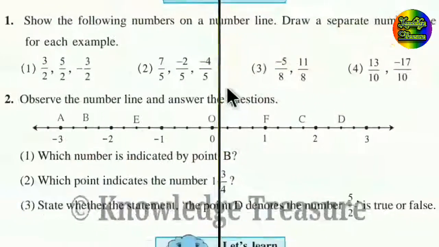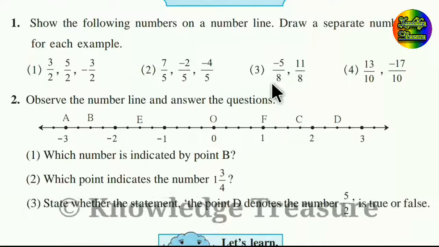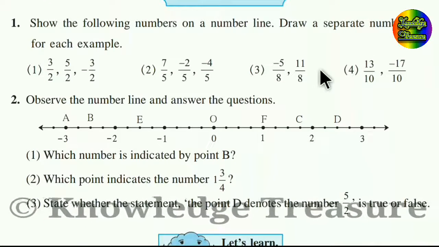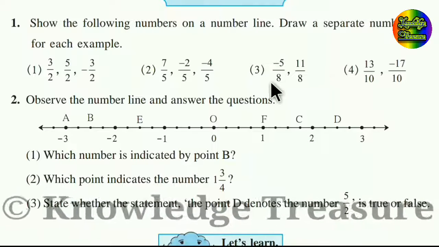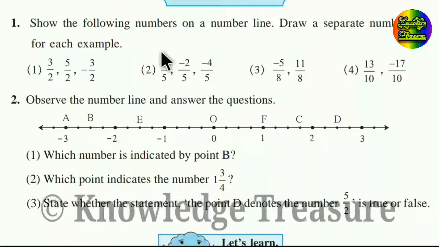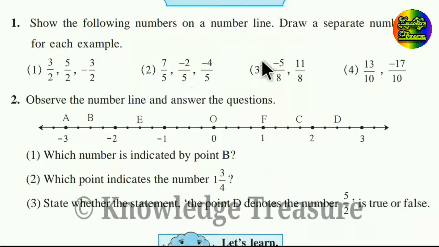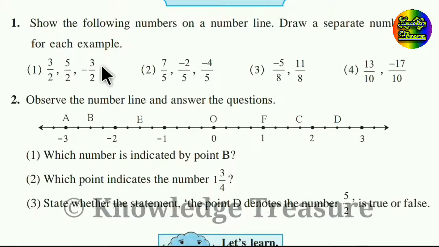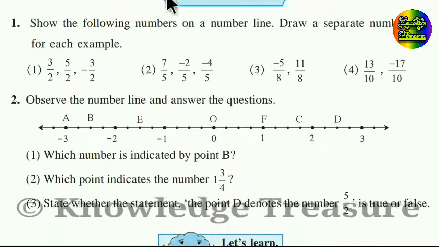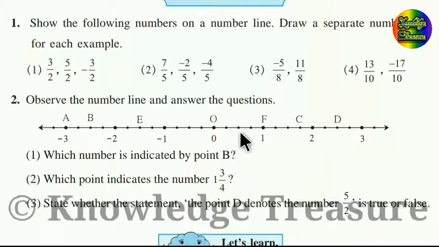Hope you understood how to show the numbers on a number line. Okay. So, we'll leave these 2 questions for your practice. I will give you a clue. First of all, you have to draw a number line and put integers 0, 1, 2, 3, 4 on the right hand side, and on the left hand side of this 0, you have to put -1, -2, -3 like that. Okay. From 0 to 1, each part is divided into how many parts here?